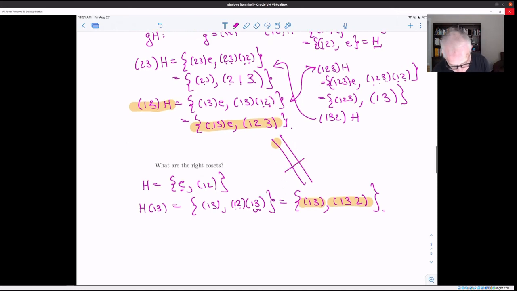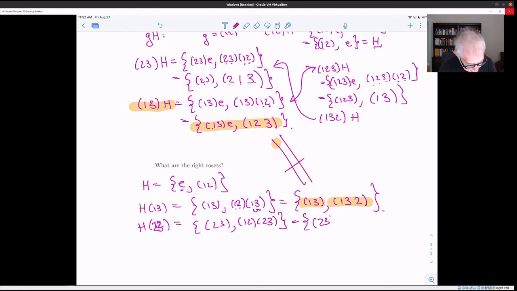And if you do H times 2 3, that's the other transposition that we haven't accounted for, then you get 2 3 and 1 2 times 2 3, and you find that 2 goes to 3, 3 goes to 2 goes to 1, and so on. So you'll notice that, again, here, 2 3 was paired with 1 3 2, but here 2 3 is paired with 1 2 3. So the left and right cosets are different, but again, in each case, you have 3